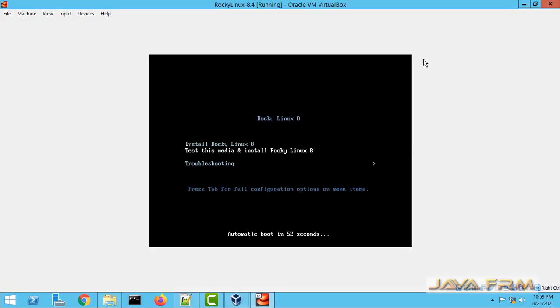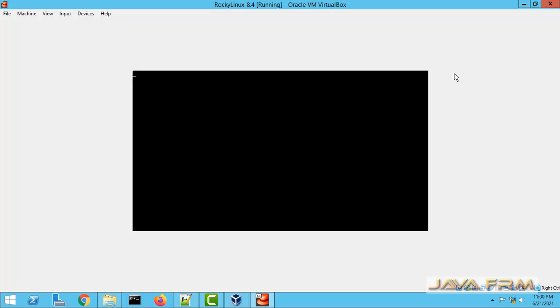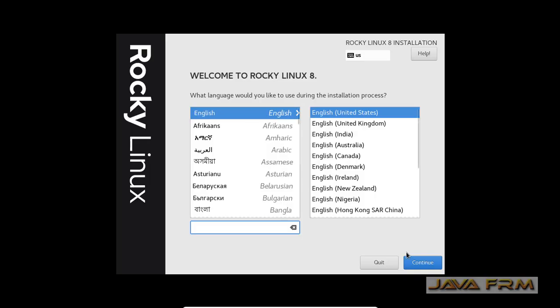Select Install Rocky Linux 8. Yes, the installation screen has arrived. You can see that English is the default language. Next, click the Continue button.